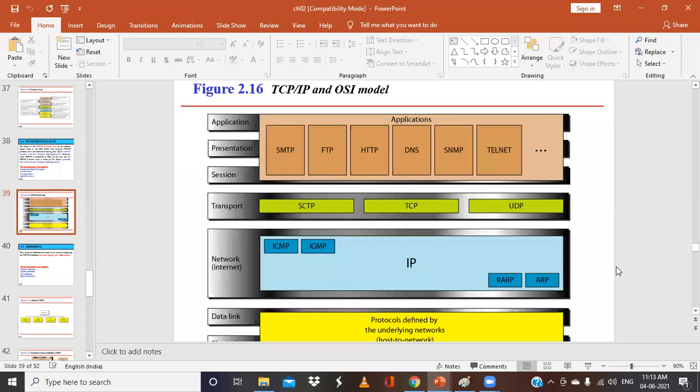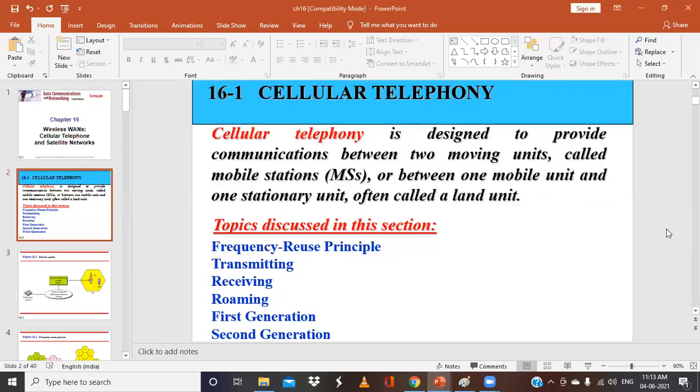So going to the next part, we'll be discussing cellular telephony. This is the second part of your first unit. Here we'll be studying cellular telephony. So what is cellular telephony all about? Basically, cellular telephony is about how your cell phone communicates, or how the communication takes place between a mobile phone or cell phone and a stationary phone, a regular phone, or another mobile phone.